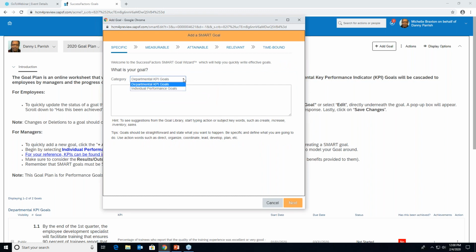For the category, you would need to select whether it's a KPI goal or an individual goal. You would type in an actual SMART goal, but for training purposes, I will type this.